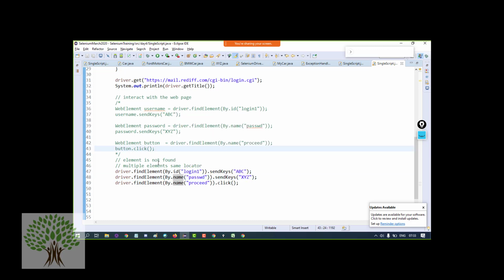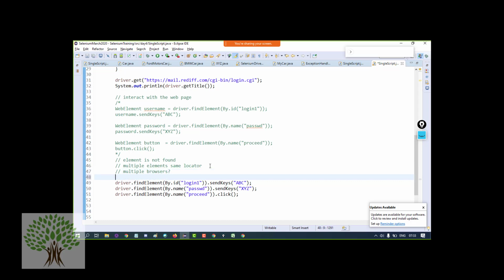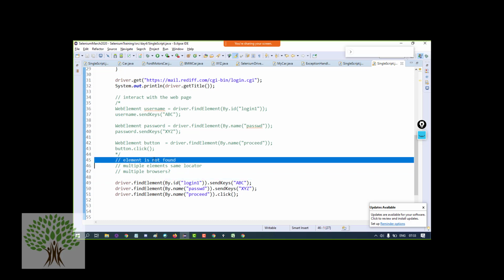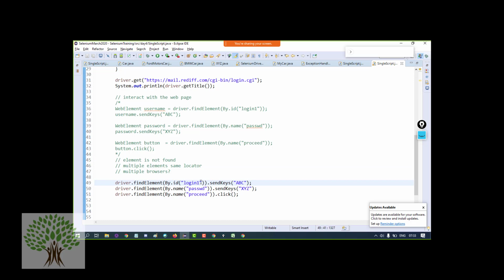Fine. What if the element is not found, or there are multiple elements with the same locator, that means the same ID or same name? And how do you work with multiple browsers? I just used Chrome. Okay, what about the other browsers? Fine. Now first of all, if the element is not found, for example, I give an ID over here which